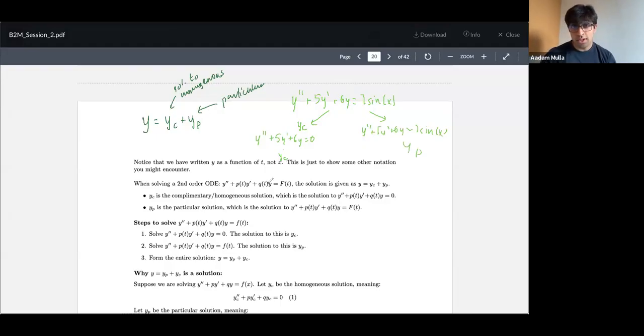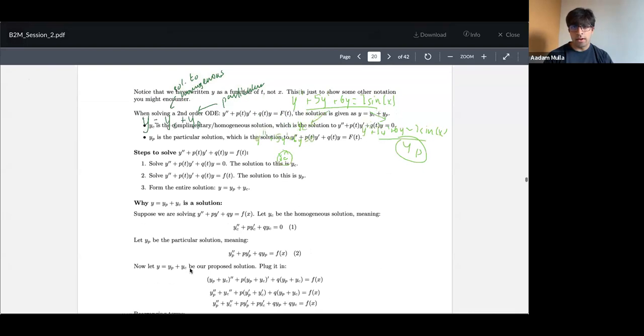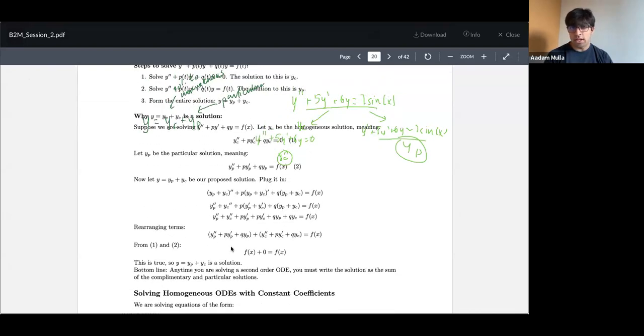Then your overall solution is just going to be this guy plus this guy. Now, this is a bit counterintuitive because it's like, okay, to solve this, why don't I just need to solve this? Why do I have to add yc? And the logic for that is explained down here. It's just a bit of algebra and rearranging, and you should see that adding yc is like adding 0. Because an intuitive way you can think about it is like yc turns this differential equation into 0. So adding it a bunch of times doesn't matter. It's just adding 0 a bunch of times. So it won't change your equation or your result. But you can read the